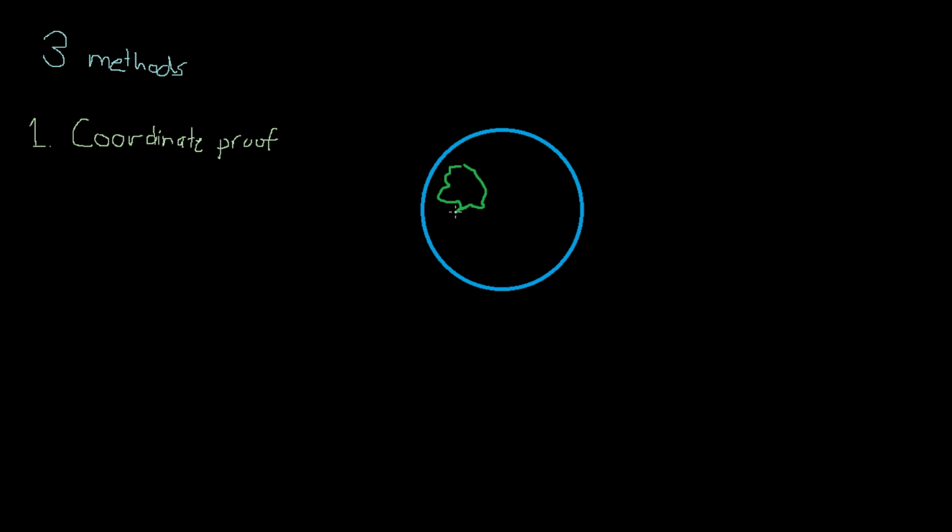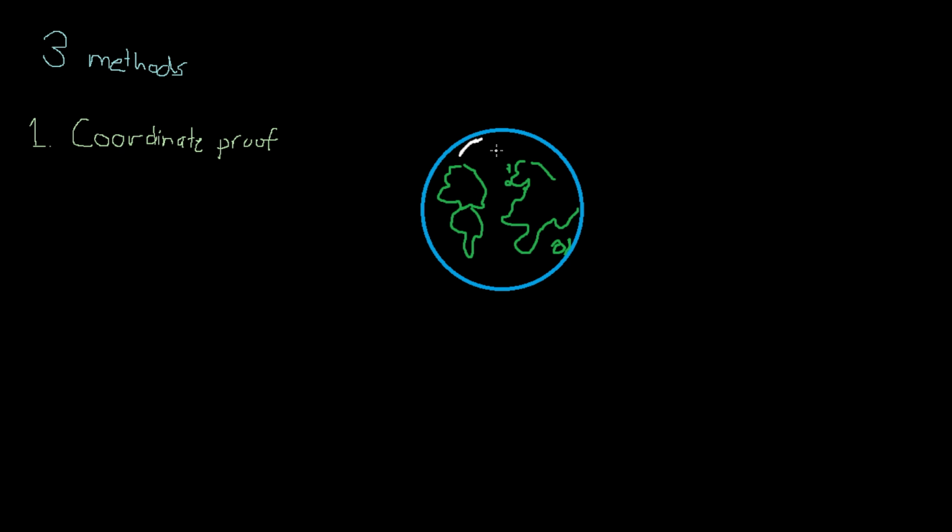In this video, I want to show you three different methods to prove the Earth is flat. The first method we will use is known as the coordinate proof. If you take a look at this globe of the world, you can see that its shape